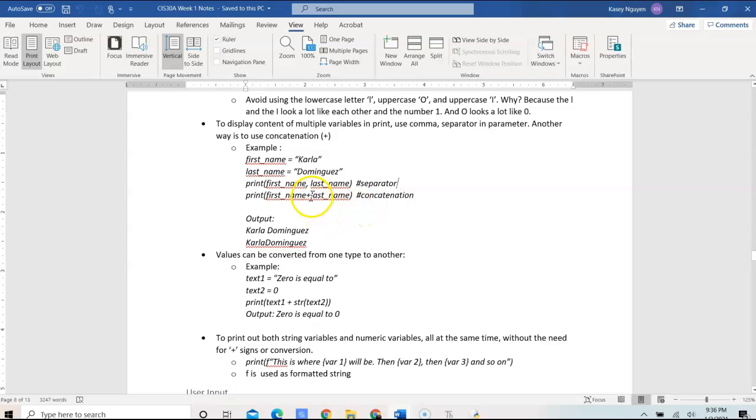Or you can have it concatenate using the plus sign. So if I do print first name plus last name, all I'm doing is concatenation. It would concatenate those strings together where it removes the space, compared to if you're using the separator, it would add that space between one variable and the next variable. Okay. So we can also assign it a value like 0,